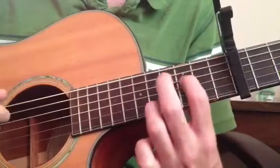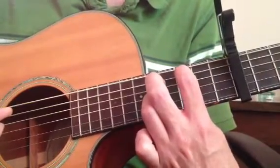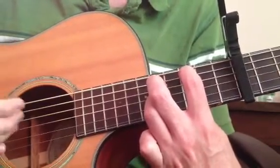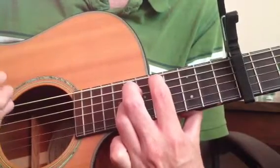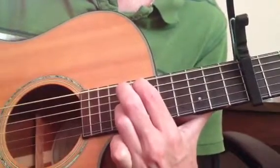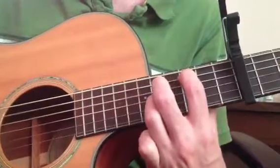And then for the last little part of the intro, you're going to go to A string 3rd fret and B string 5th fret. Hold that same formation, slide it all up 2 frets. And then slide your ring finger up 1 fret and your pointer finger up 2. And on that last note, you're going to hit the low E. So you get the...